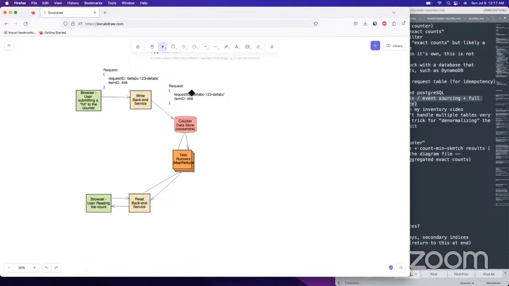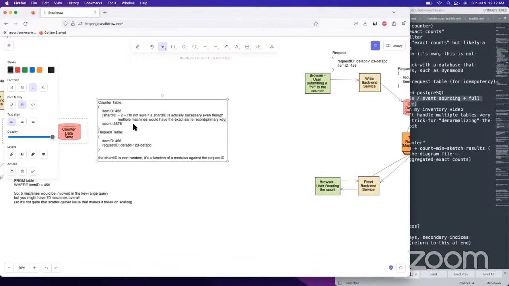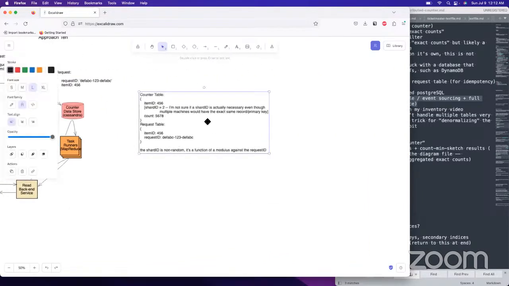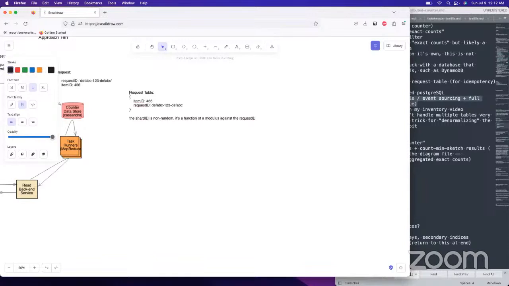Okay. Oh, I didn't go over the schema. We have the request table, item ID, request ID.